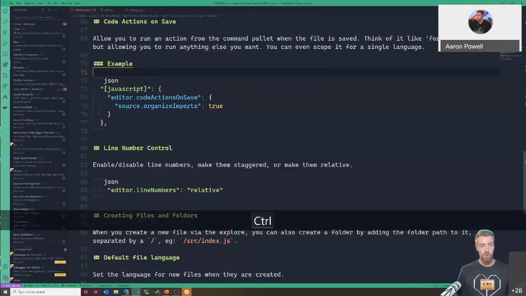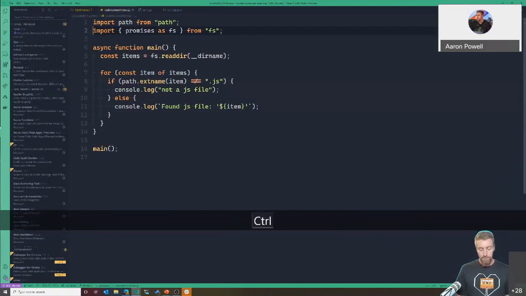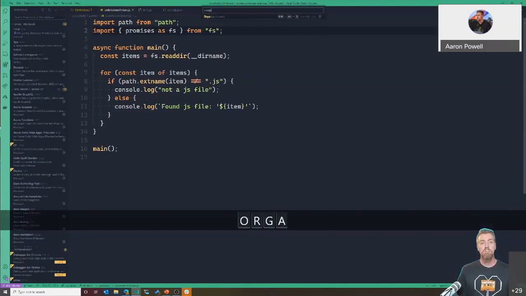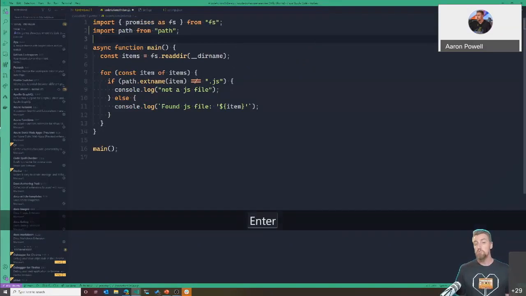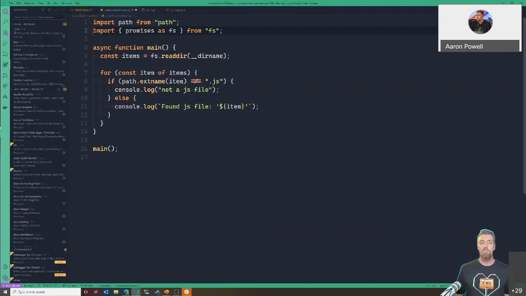I'm going to jump over to a JavaScript file that I've got here, which is conveniently called code actions on save. And I want to order the import statements I have in this file alphabetically. At the moment I've got path and then I've imported FS directly after that. So I can press Control-Shift-P to bring up the command palette, and then I can do organize import statements. So this will then just reorder them around. And that works, that's fine, I can do that. But it's a little bit tedious that I have to remember to do that each time. I want to do that whenever I save a file.